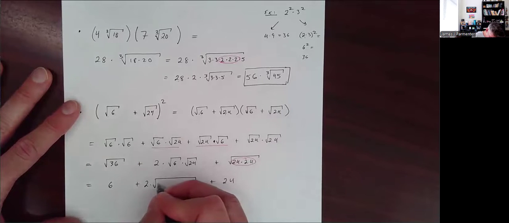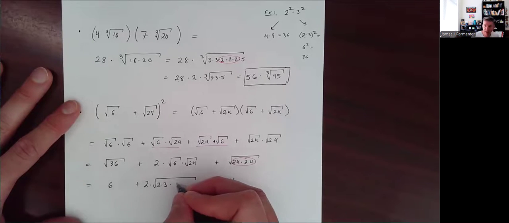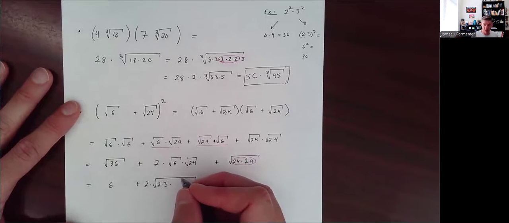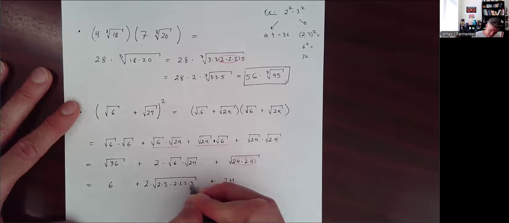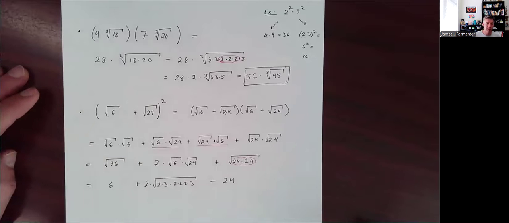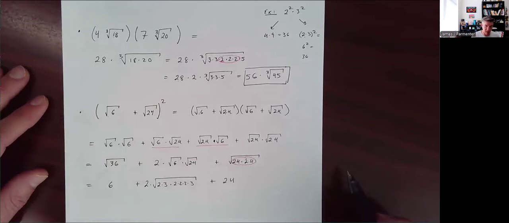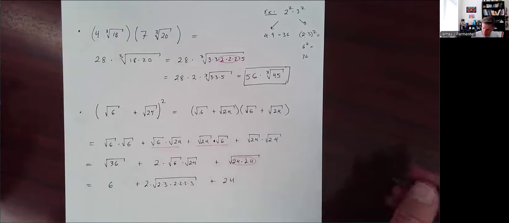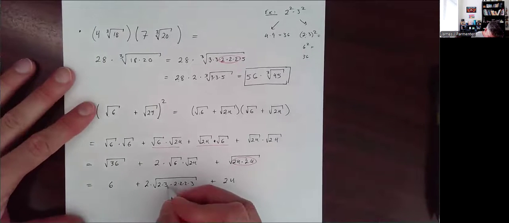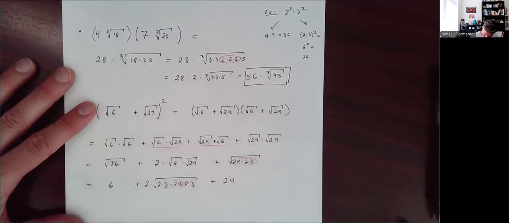6 is going to be 2 times 3. 24 is going to be 8 times 3, which is 2 times 2 times 2 times 3. Did I pick a perfect square? I think I might have. So I'll point out that if you actually multiplied 6 by 24, you would get 144, and you might recognize that the square root of 144 is 12. We can also see that here. We have a pair of threes, we have a pair of twos, and we have another pair of twos. So that ends up being